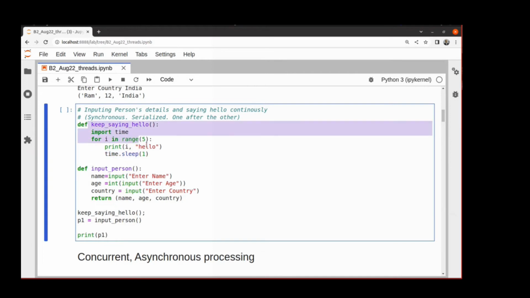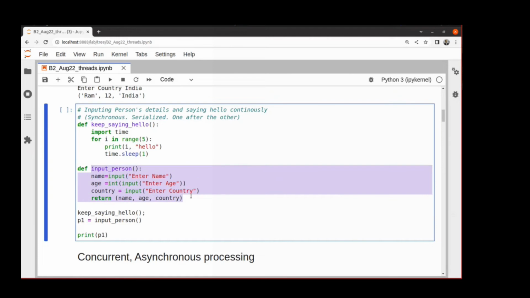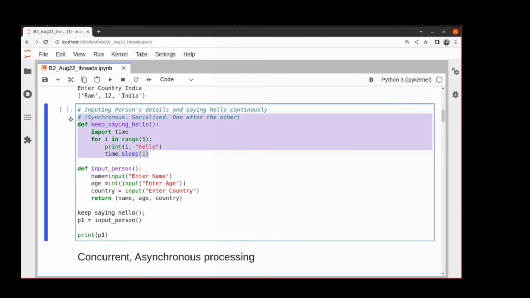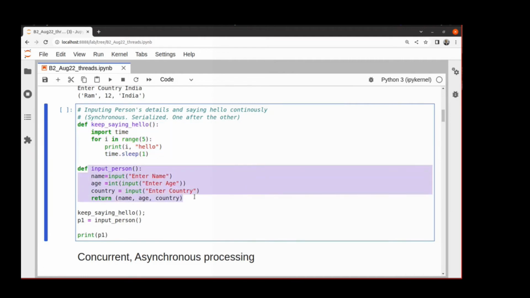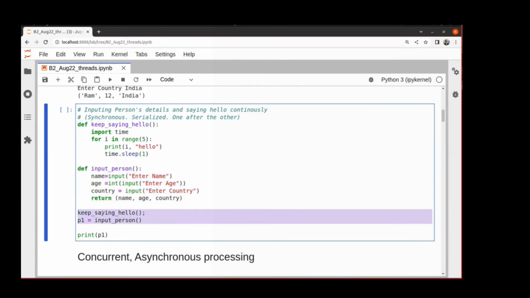So I have two functions. One says hello 5 times. Another takes input. Both take time. Saying hello takes time because it is sleeping after every hello. And input person takes time because we type slowly. It takes time. And if this function is like this, keep saying hello and p1 equal to input person, naturally